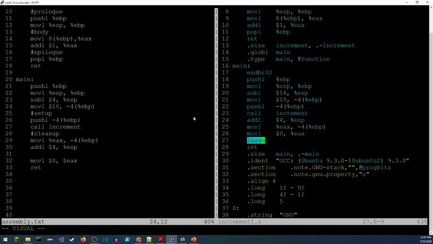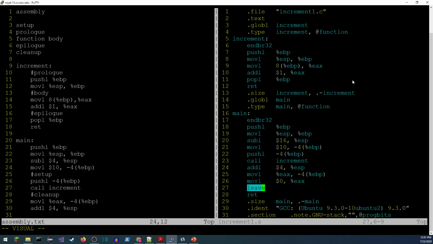So, all right, let's take a look at the function next. So again, we push the base pointer. I did that in line 11. Then we move the stack pointer into the base pointer so that the base pointer now points to the bottom of the stack. That's line 12 in mine. Then we grabbed the parameter that we pushed, stored in EAX. And again, just like I predicted, the compiler is going to choose the best possible register for this. And because EAX is where we store the return value, it's going to choose that one to do the math. Add an immediate 1 to that, and then pop the base pointer in preparation for returning. It didn't use leave here. It did go with the simpler version because there are no local variables. And then we returned.